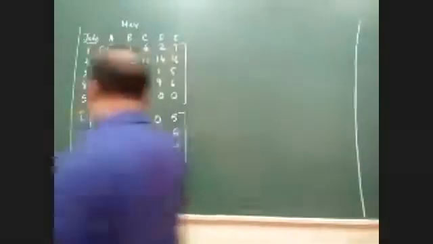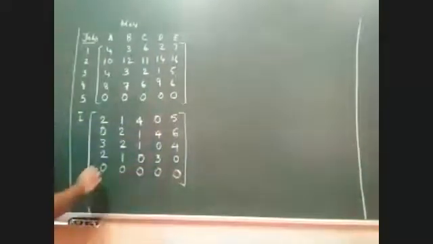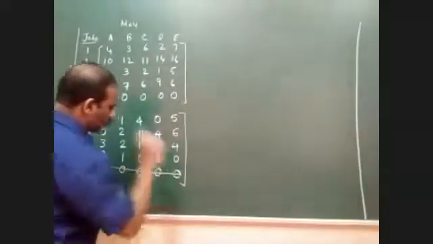Can anybody please tell me how many lines are required to cover all the zeros of this particular problem? How many lines are required to cover all the zeros? 4. Okay. As I already said, always consider a row or column having maximum zeros. You can see that since the last row has 5 zeros, I can take this as the first line. So line number 1.